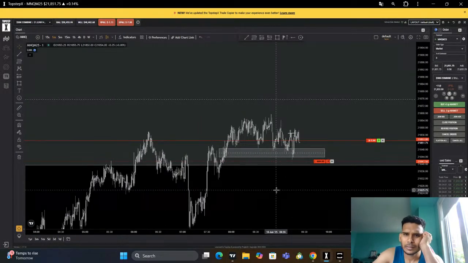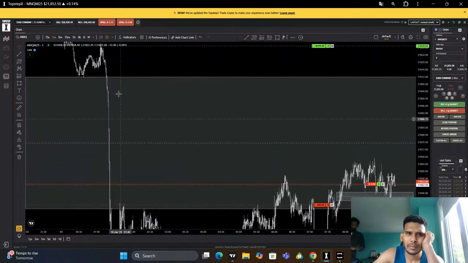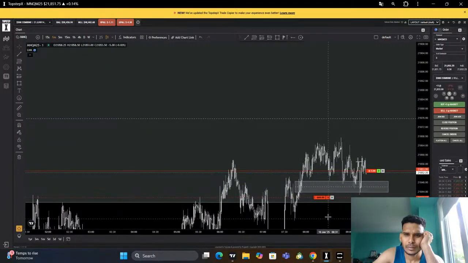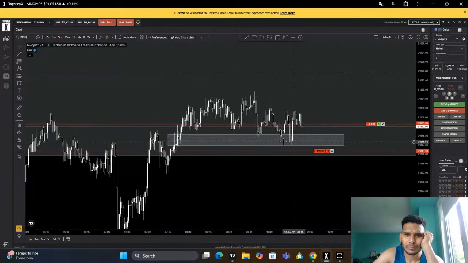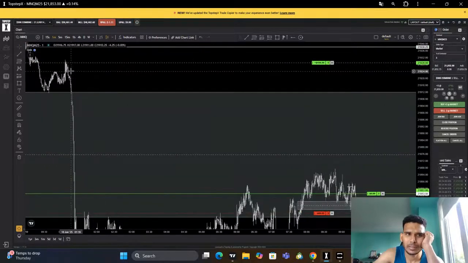The reason for the entry is nothing but price sweeping the liquidities. It's a big imbalance right here, a kind of news candle, and price broke this high, kept on generating liquidity, and this M5 beautifully held the price. Once the price tapped the M5, the first time getting tapped, the second time tapping the M5, structure shift, close above, big inversion, and it left this fair value gap. So I entered my position. Once it tapped the fair value gap, I put my stop at this low, expecting higher prices, and I'd like to see this big imbalance get run through.